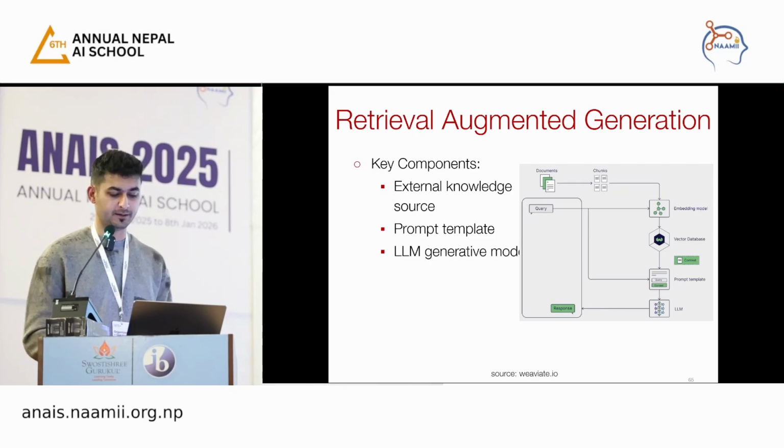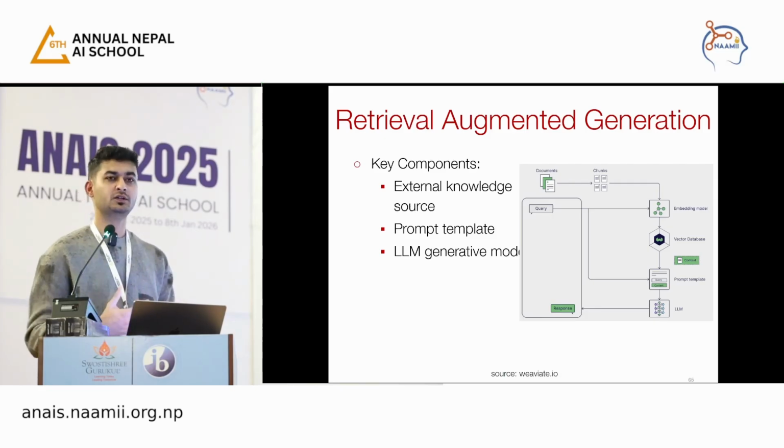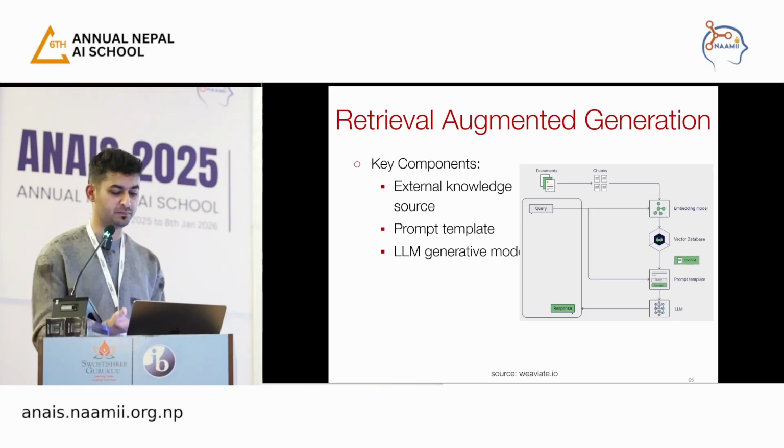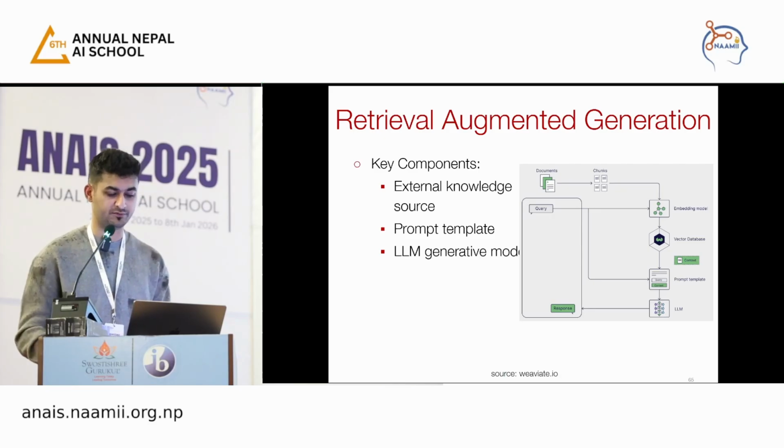Most of the RAG systems today are industrial, so there's a lot of recipe in terms of how to do this vectorization, how to implement search, what kind of chunking to use, filtering, all these things. But there are three key components. One is how to manage the external knowledge source, what the prompt template is, how it fits in some context that is extracted, and how the LLM model is used for the inference.